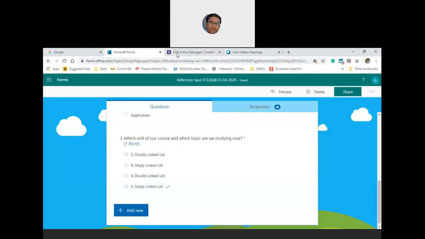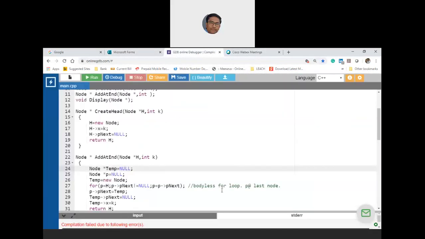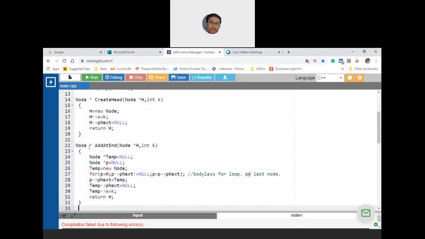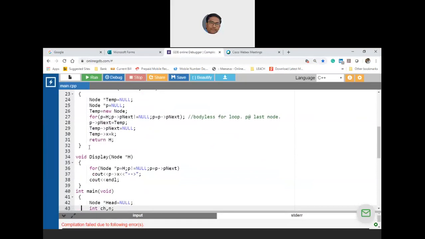Okay, now let us go back to the problem. We have 10 minutes. Now probably what I'll do is ask you to rewrite the display function using recursion. This is how it will be asked. What is my requirement? I want you to display the list nodes by using the concept of recursion. It is very easy to use the concept of recursion in a single linked list.